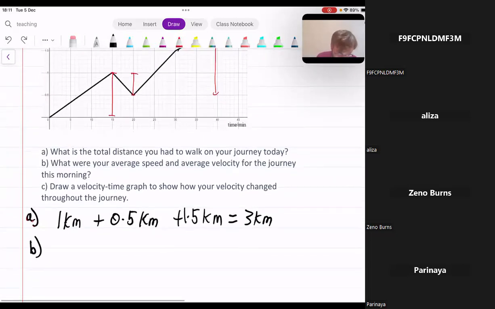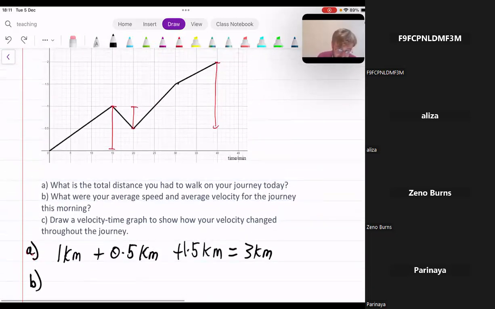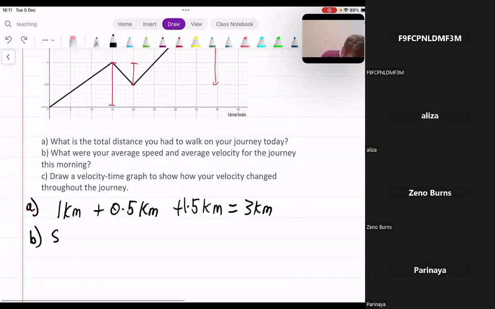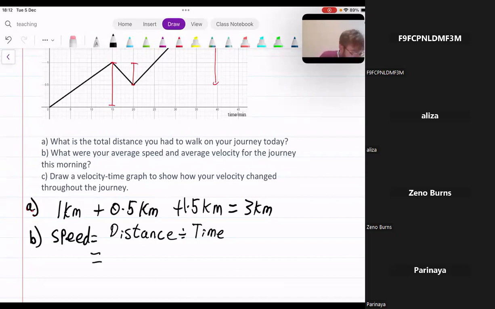So to work out our speed for this journey, speed equals total distance divided by time, which is equal to 3 kilometers divided by 40 minutes, which is equal to 0.07